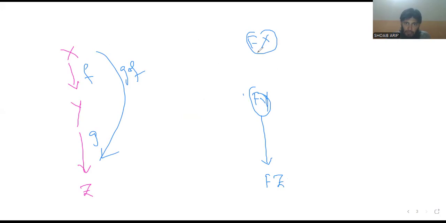According to the definition of a functor, f is associated to F(f) and g is associated with F(g). The functor sends morphisms to morphisms. So the functor sends g∘f